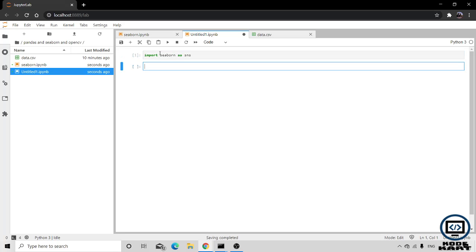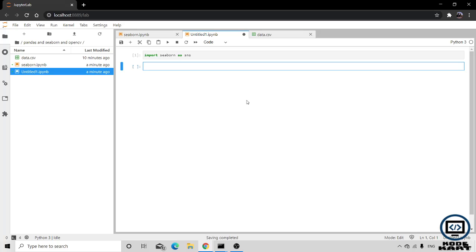So what is the basic need of Seaborn? Why do we need Seaborn? Seaborn has two important features. The first one is that it contains predefined data sets that are already loaded into Seaborn. And the other important reason is that the visualization of Seaborn is better. Now we are going to load one or two data sets of Seaborn like iris and tips, and we are going to see some of the graphs with the help of Seaborn and try to visualize the data, and how those graphs are generated.